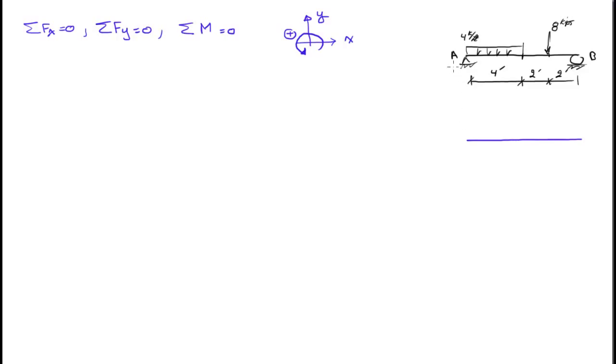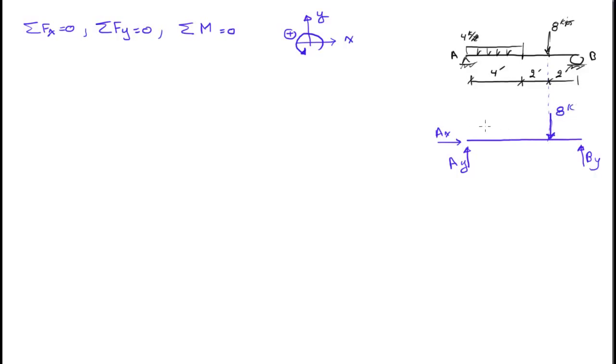What kind of reactions do we have at the hinge? At A, we have AX, we have AY, and of course here we have a BY. And from this one right here we do have 8 kips,